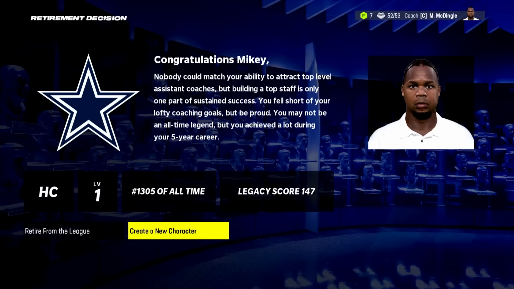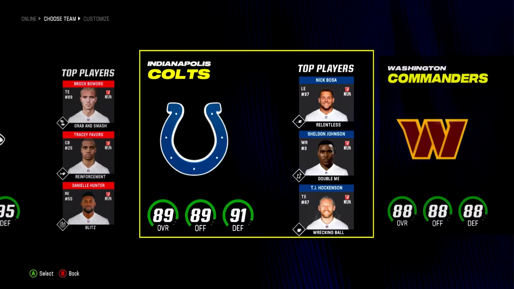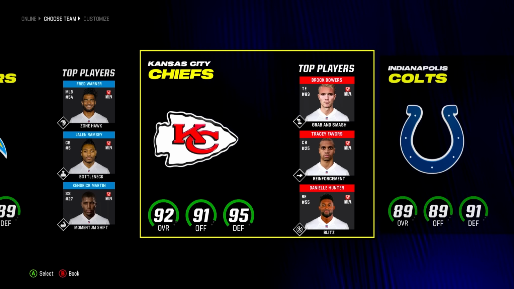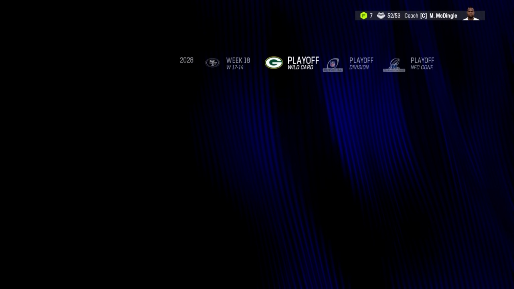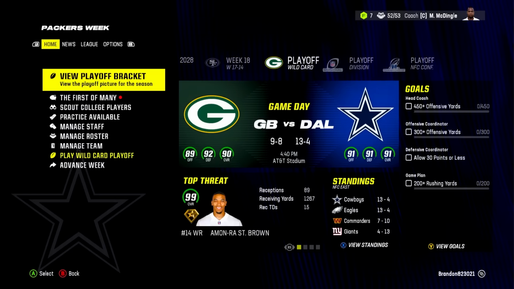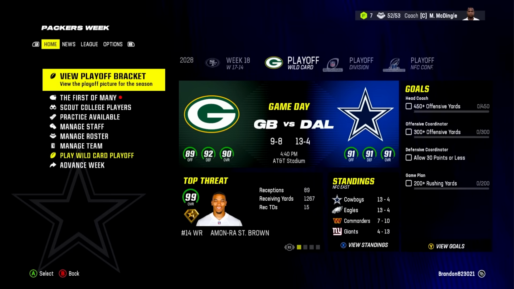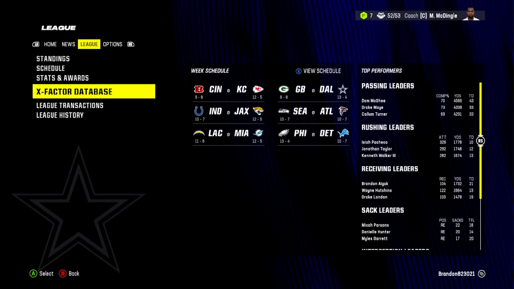Let's see where a 91 ranks in the league. I doubt we're the best, although maybe we are. I bet the Chiefs are probably the same overall as us, or like a 92. Okay, they are a 92, so we are the second best. They have a 95 overall defense. Good Lord. But hey, I'll take being the second best roster in the league. We're doing a challenge where we can only take slower players. Like, that's pretty good. Now, unfortunately, we only made the wild card going 13-4, but let's go super quick over